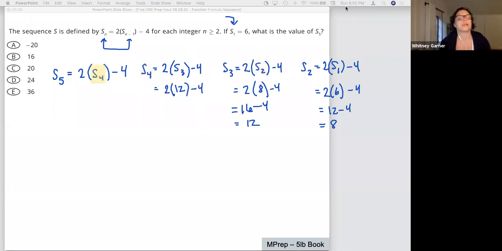It does feel lengthy. I want to show you one piece. This is 24. If I had to take this out much further, 24 minus 4 is 20. Notice that my difference is increasing. My difference here was 4. My difference here is 8. You could possibly guess, right? This is 2 times 20 minus 4. And this is about as long as they'd ever make you do. 40